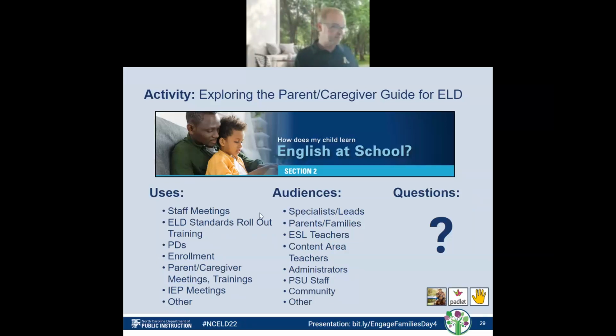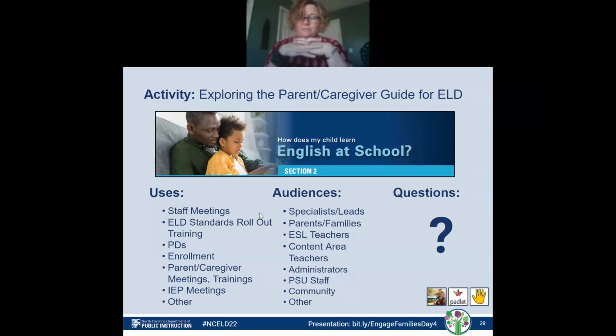Yes. For those of you that are not familiar with the new ELD standards, these icons, the big words like narrate, analyze, I can't see them from here, and I have not memorized them yet. But those key words, parents need to be informed about, so do students. And this document is going to give us a tool for doing that, for understanding it ourselves